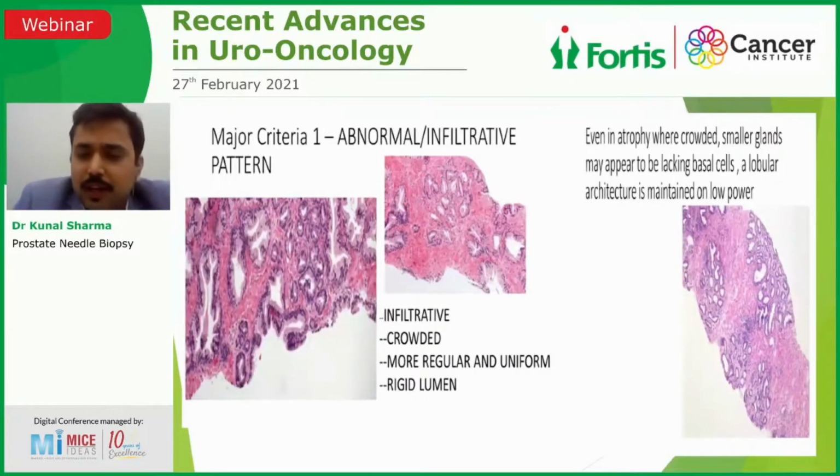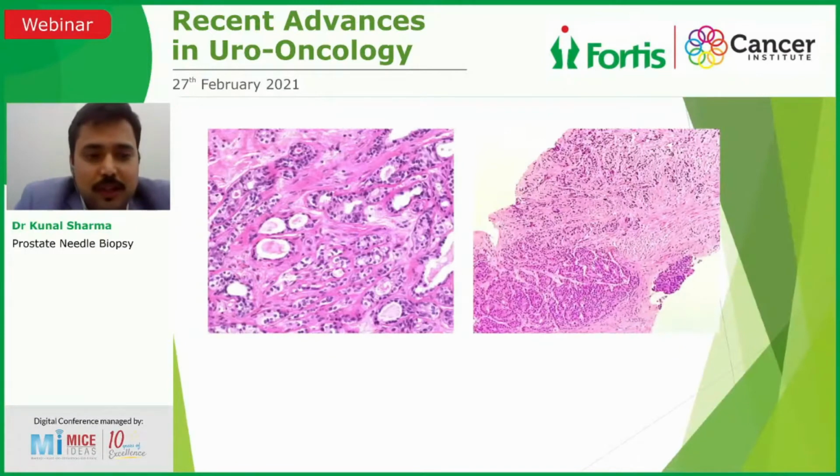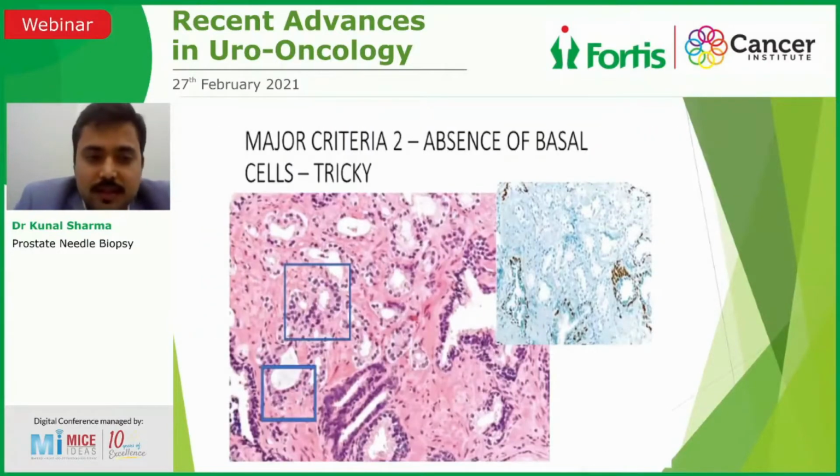Now, what we need to look at when we are analyzing the prostatic core biopsies is if we see these convoluted branched glands, we are generally dealing with something which is benign. The moment these glands or these acini start looking rounded and they start approximating, we're probably dealing with something which is malignant. But what we need to understand is that in atrophy, we can see crowded and smaller glands, but what will still be maintained is the lobular architecture of the prostatic core. Here on the left, we see pattern 3 and pattern 4, whereas on the right, we see pattern 4 and pattern 5.